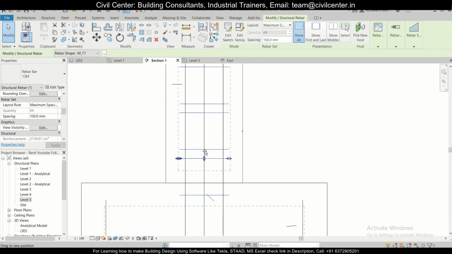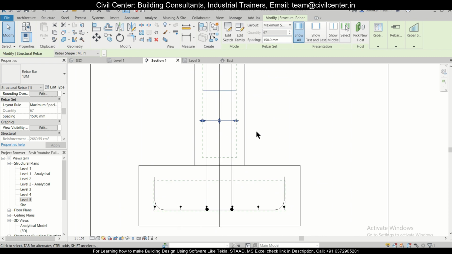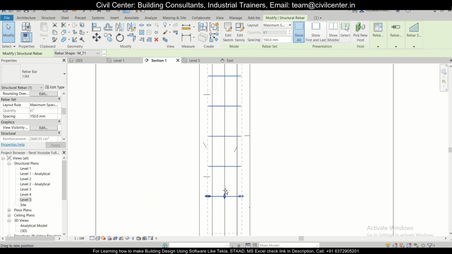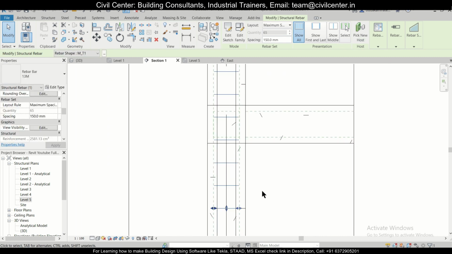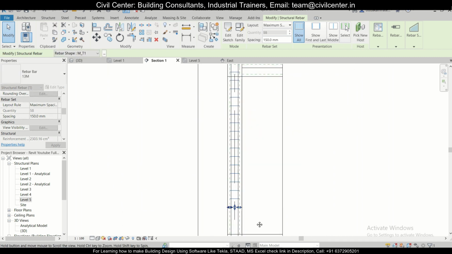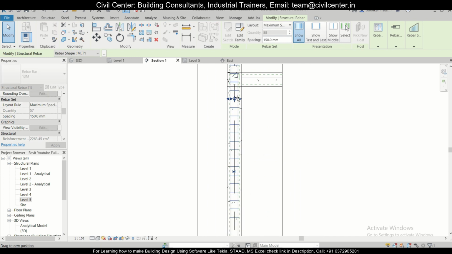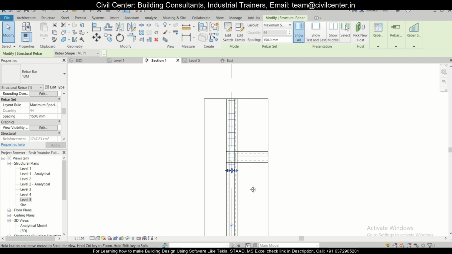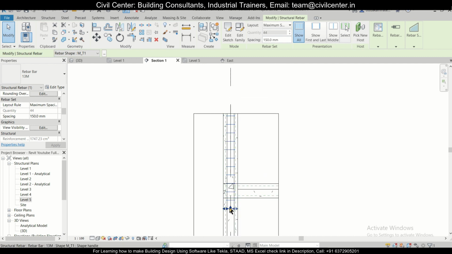This symbol you can play with, and you can move it upwards or downwards. So you have it downwards right here, because we started applying it from down here. So you'll just move it up, so that you can have different spacings at different levels. We'll just move it upwards, and this much portion also we'll move upwards. Let's keep it up to here, and we'll see what we are having, and we'll now move this.